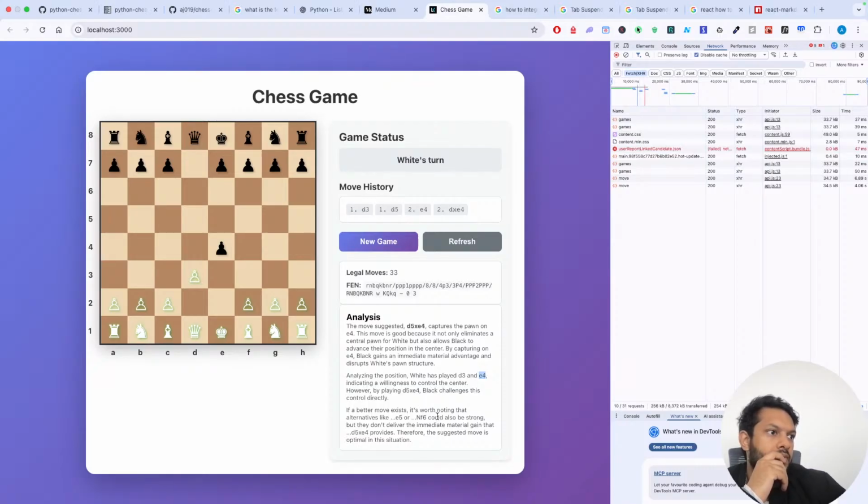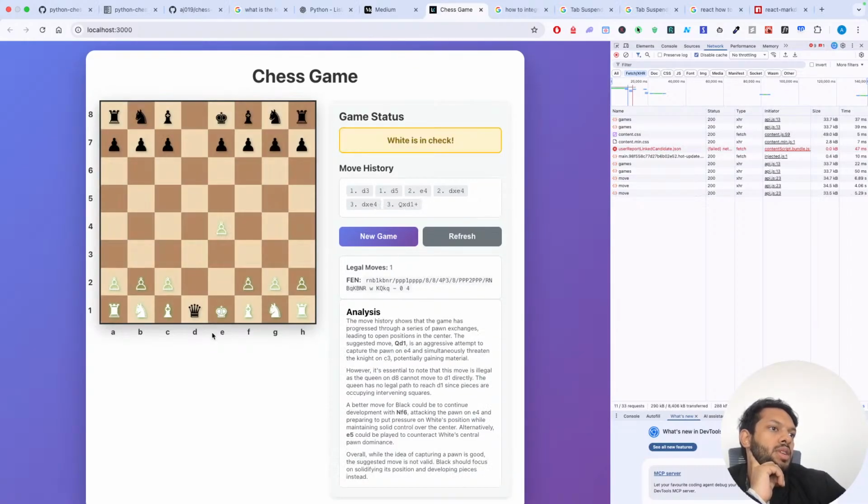Instead of taking this, we could have also gone for e5 or knight to f6. I think most probably it is just taking the queen. It just shows that the game has progressed through a series of